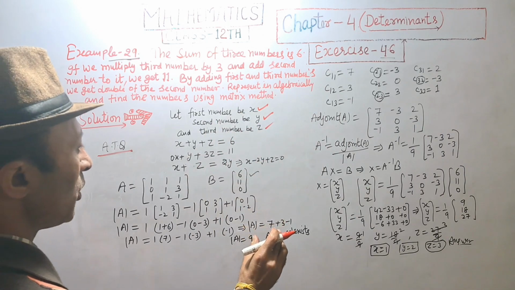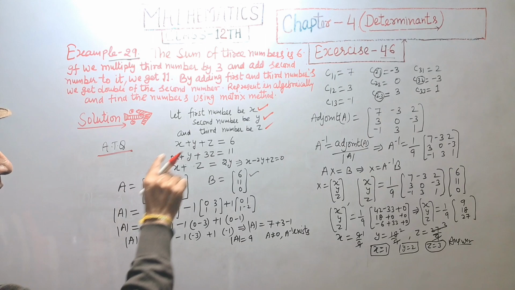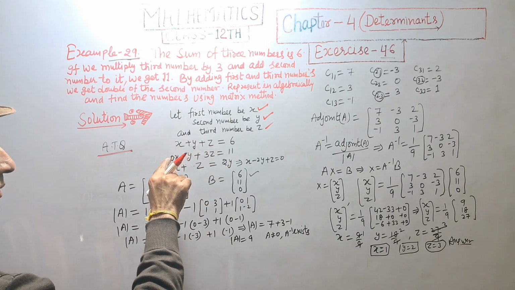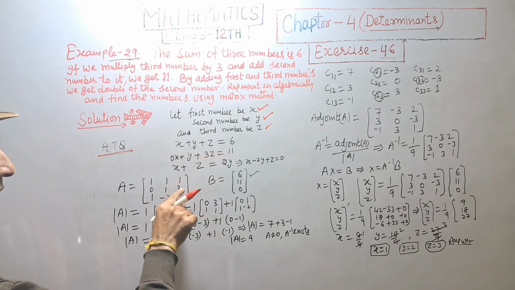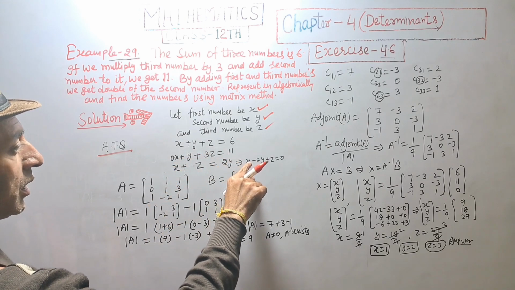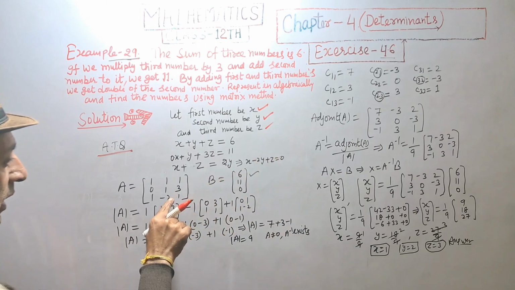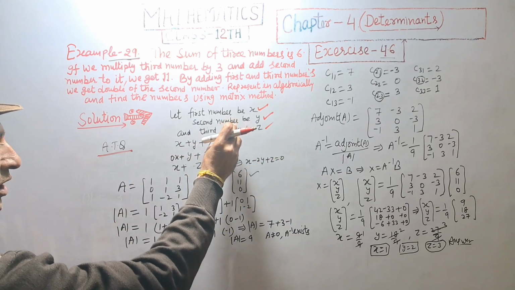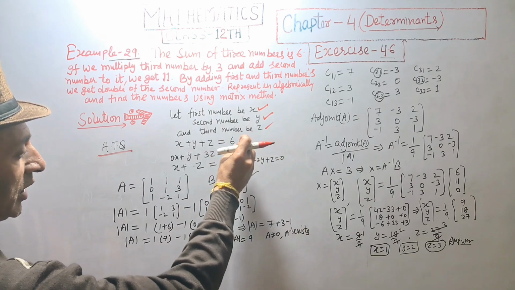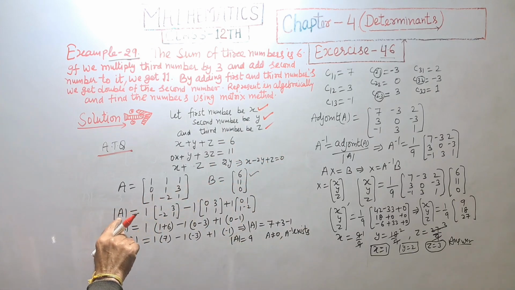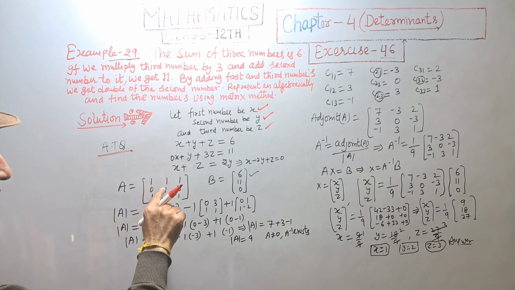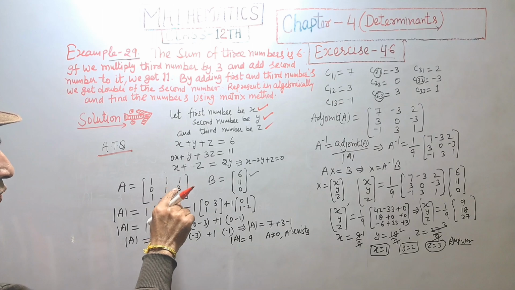And in matrix form, A will be first row 1, 1, 1, second row 0, 1, 3, and third row 1, minus 2, 1. It's matrix A, and B is equal to 6, 11, and 0. It's B. And the determinant of A will be: